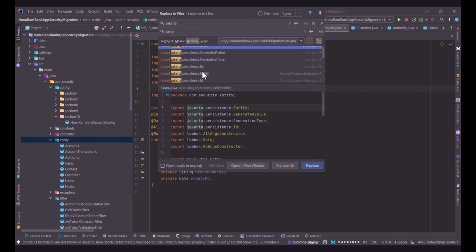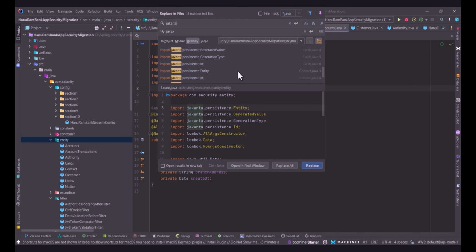Here you can see all the places where exactly we are using it. Right here you can see in which class we are using this Jakarta, and you can review. Now you can give the text here, what exactly the text you want to replace. Okay, now if I click replace all,